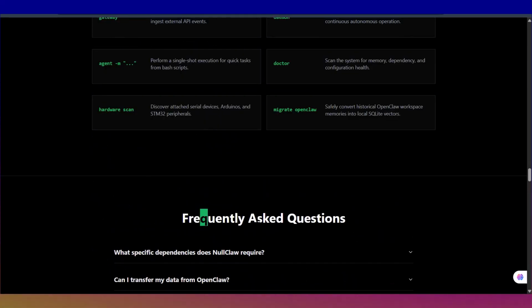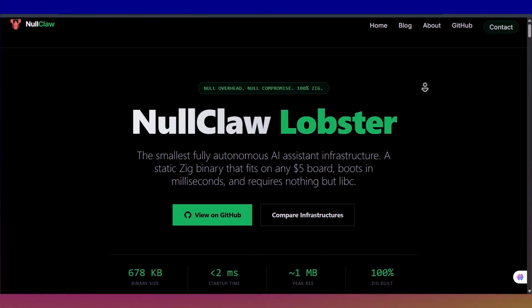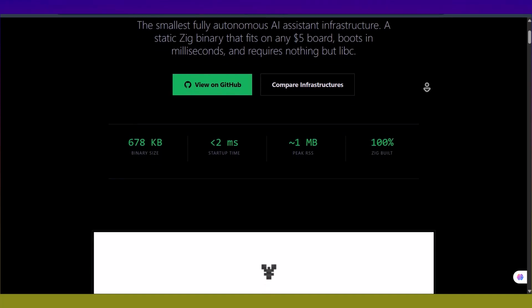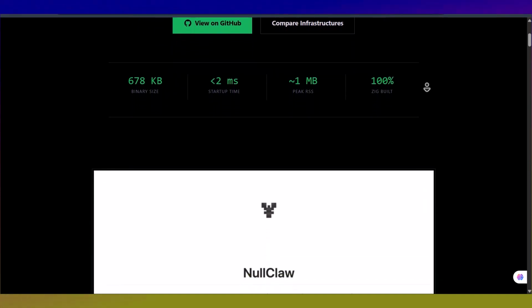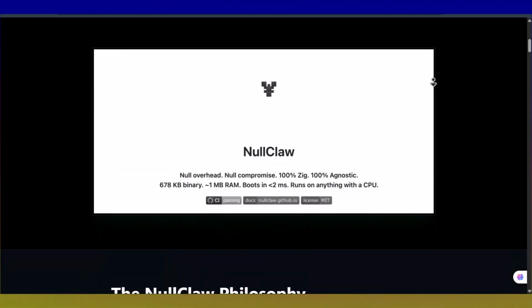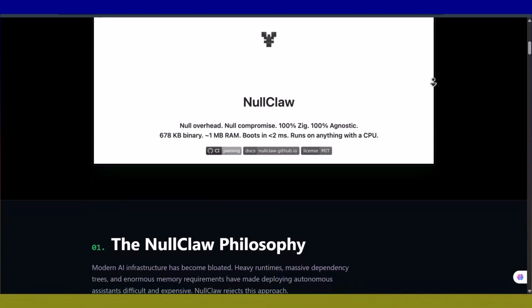This makes it cheaper to deploy and easier to host, especially on small servers or low-cost setups. You can start building small automation tools or simple bots quickly, which can still be monetized through services or SaaS ideas. But I found some downside. Because it's minimal, it lacks built-in automation features, so you'll need to build more things yourself, which can slow down